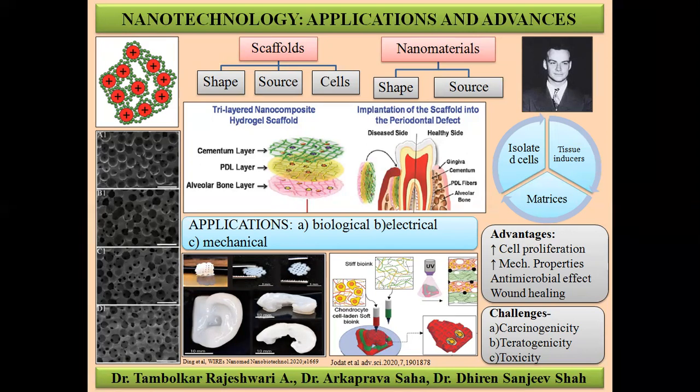So now coming on to the applications of nanomaterials, they have been used widely to serve various functions in tissue engineering, like enhancement of biological, electrical, as well as mechanical properties of various kinds of bodily cells. In particular, two such nanomaterials, namely titanium oxide and gold nanoparticles, are used to enhance the cell proliferation rates of bone as well as periodontal ligaments.